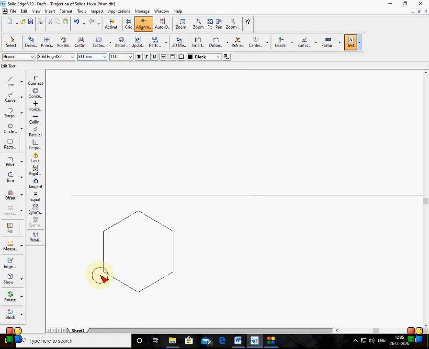So I'll name here. It is A in bracket A1. I hope you can remember the previous solid problem. Okay, so A1 is the longer edge. A is the top edge, A1 is the bottom. So again I type here, click here. It is B in bracket B1. Okay, and again I type here. It is C in bracket C1. And here I type D in bracket D1.